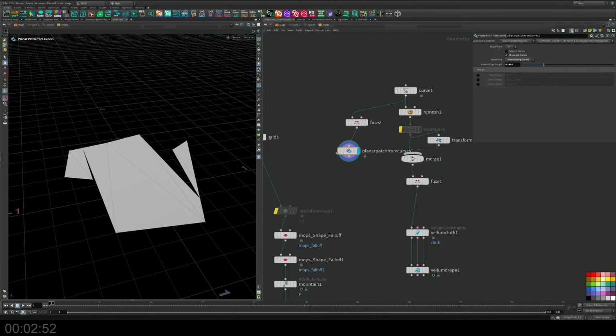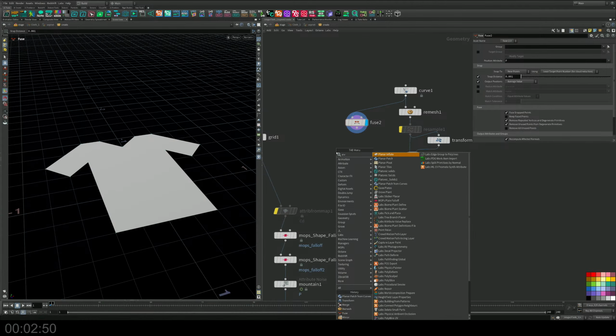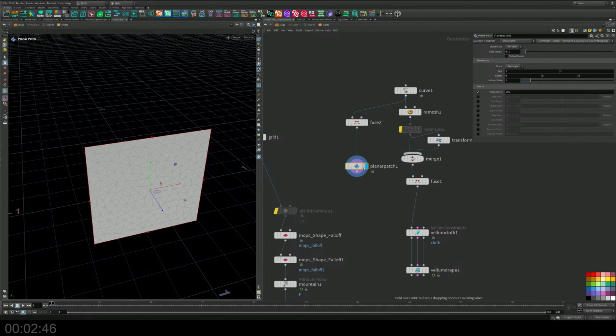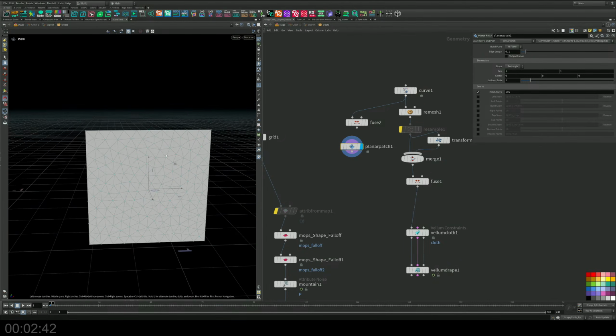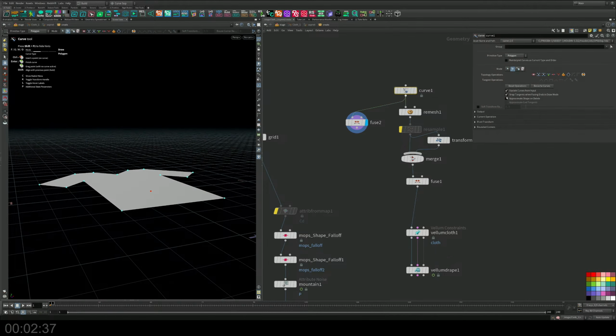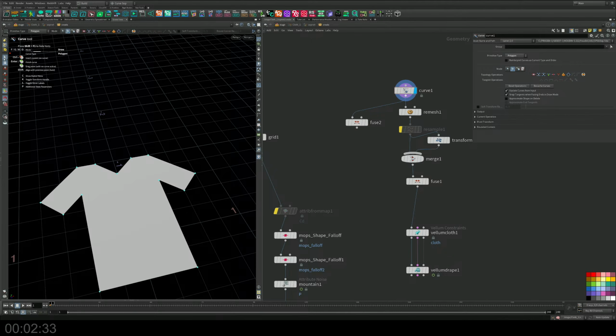What if we just do a regular planar patch? Oh, that's just a plane by itself. Would it be because we have